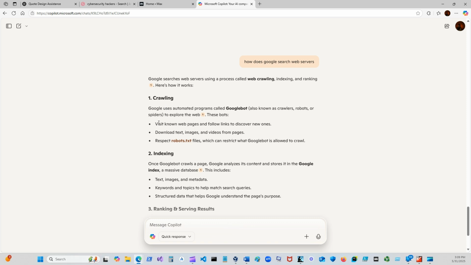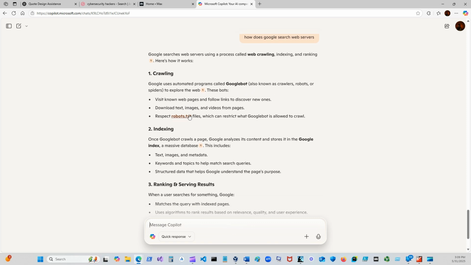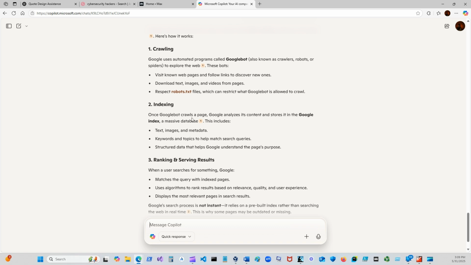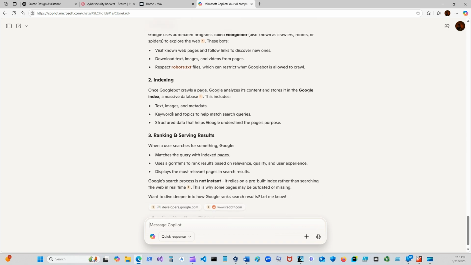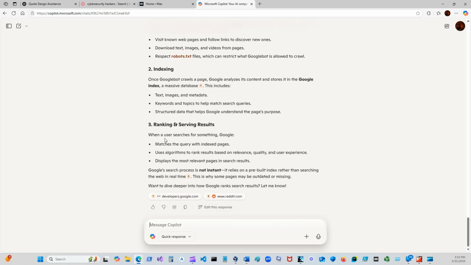Crawling: Google uses automated programs called Googlebot, crawlers, robots, or spiders to visit known web pages and follow the links to discover new ones, downloading text, images, videos, and pages, and respecting robots.txt files. Indexing: once Google crawls the pages, it analyzes the contents and stores them in an index, a massive database of text, images, and so on. Then ranking. Okay, that's fine.